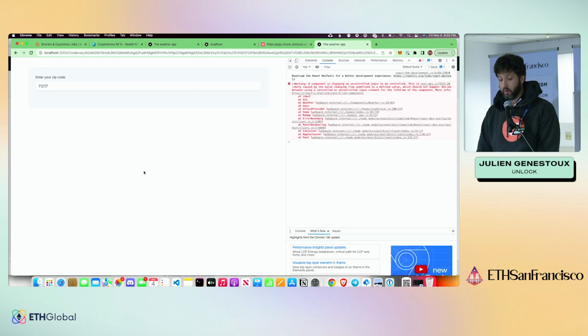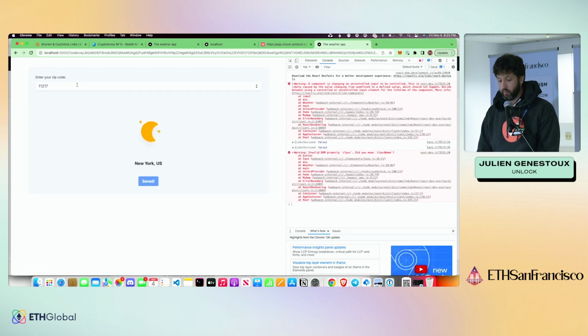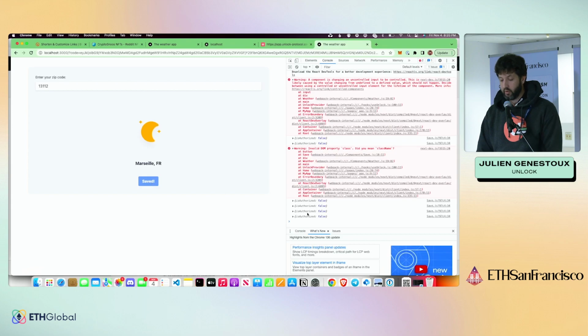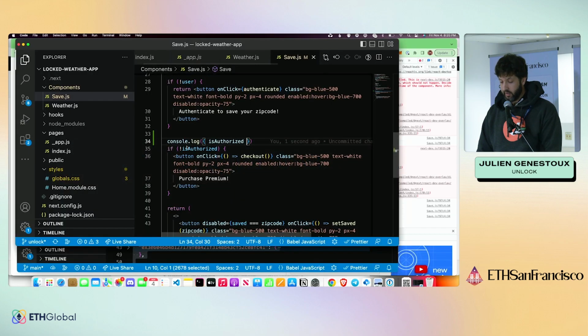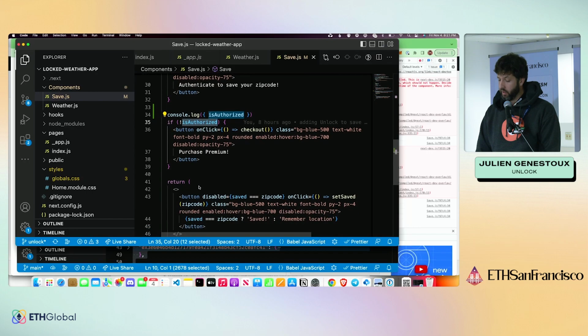Is authorized is false, which is interesting because if I put something else, it lets me save it. Remember location, yeah, even though it's not authorized. So I clearly have a bug in my application here. If not is authorized, purchase premium. Why isn't it just,